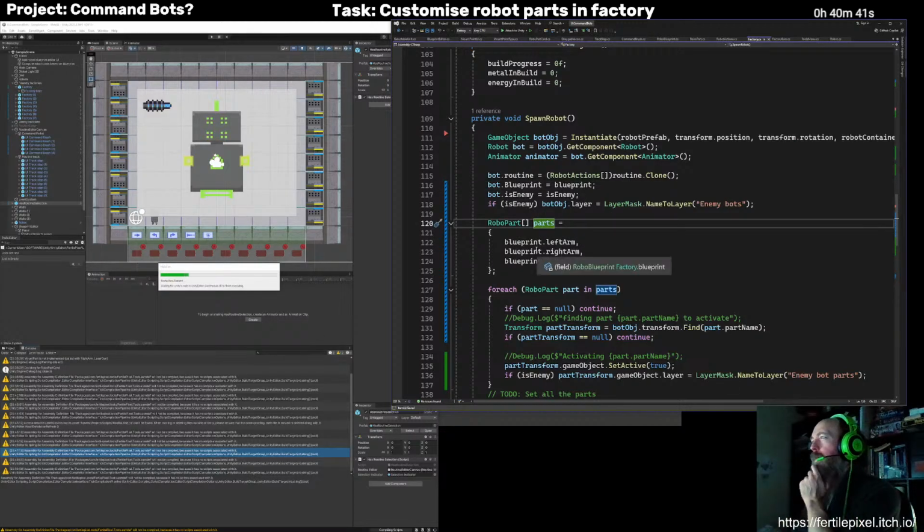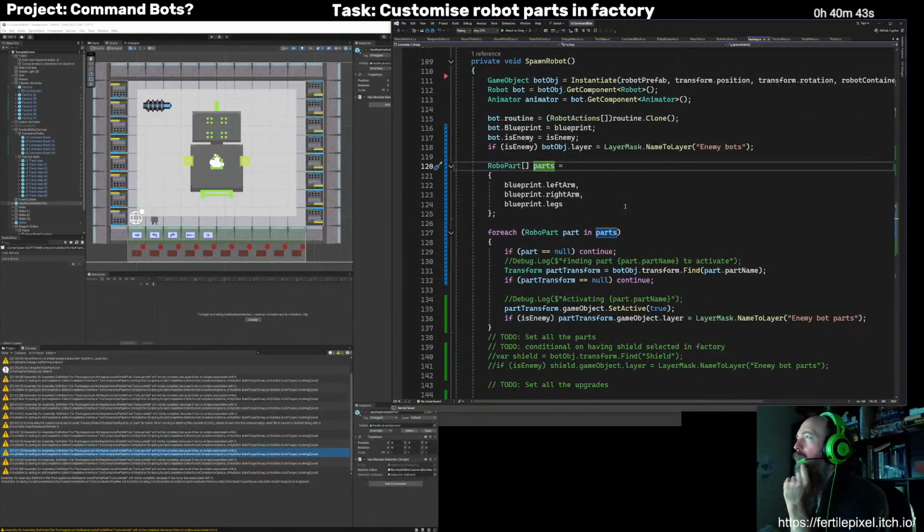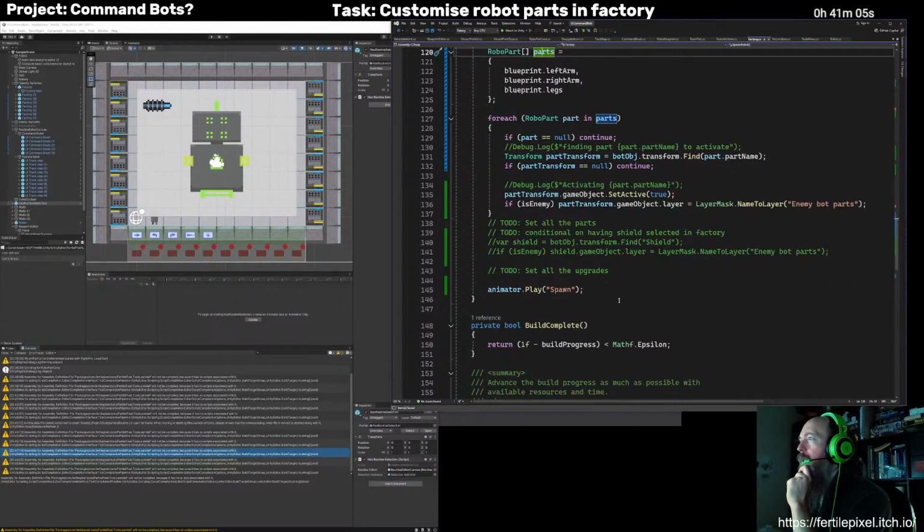So these are the only parts that I'm looking for right now, right? Yeah, so that's doing some stuff to each part.